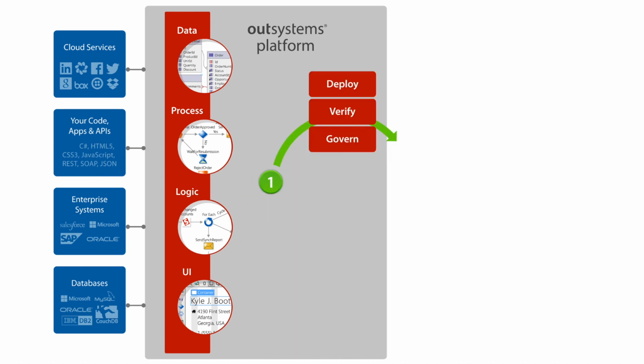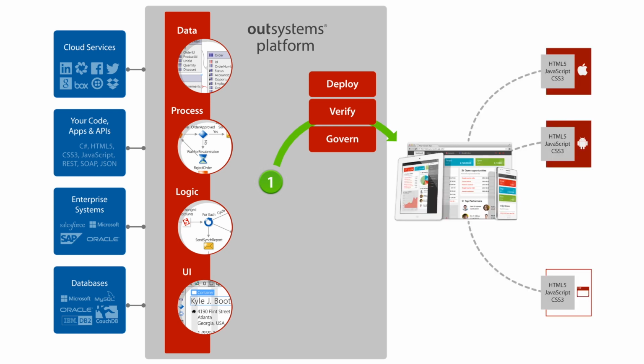Okay, so not only can OutSystems bring all these systems together and create and integrate all these systems and create an application visually using visual programming language, it also takes care of your whole DevOps process. So with one click of the button, you are able to deploy, verify, and govern the application. So deploy means that it will actually push the codes out to IIS and is able to update